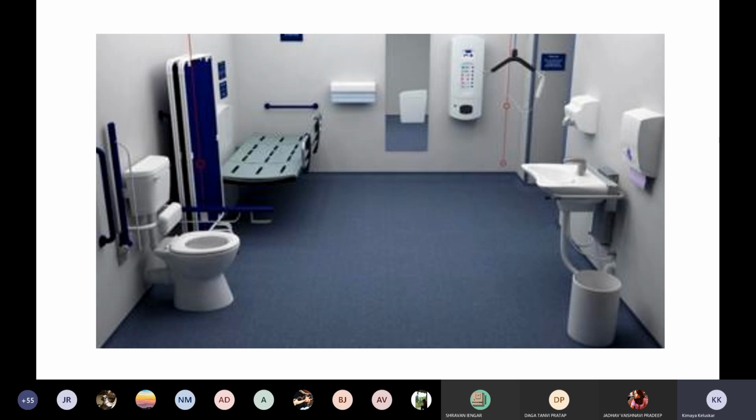I had shown a desk last time for the handicap toilet. Now this is the bench wherein, in case any physically challenged person has to change and things like that, it could be used. Also, if you see on the left hand side, there are these vertical panels which are nothing but the modesty boards which scroll out so that it creates a private space for the person. And then you have your grab bars and things like that.